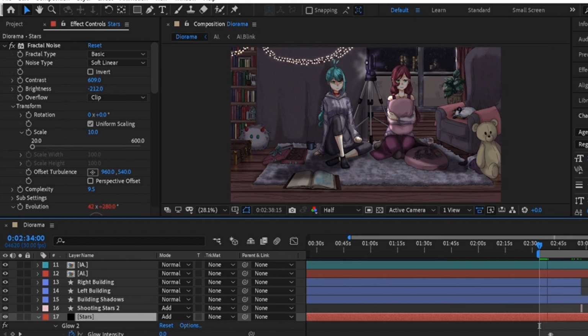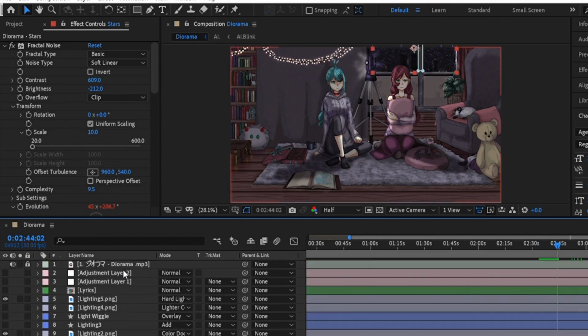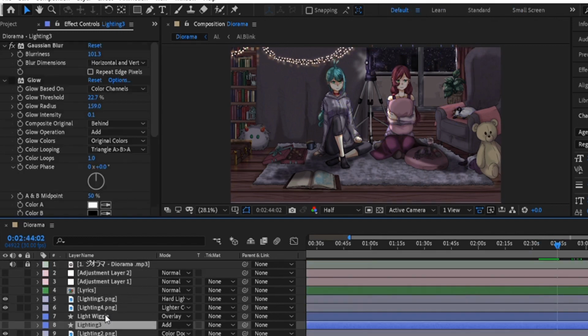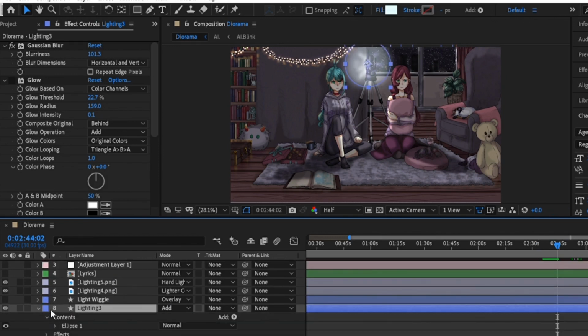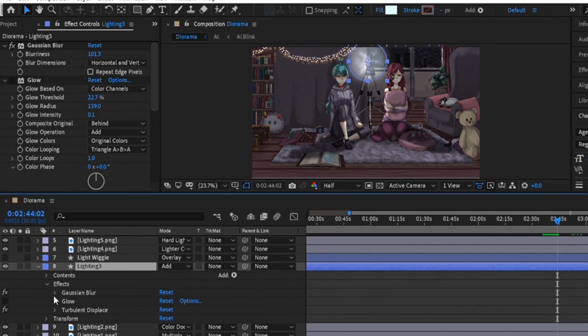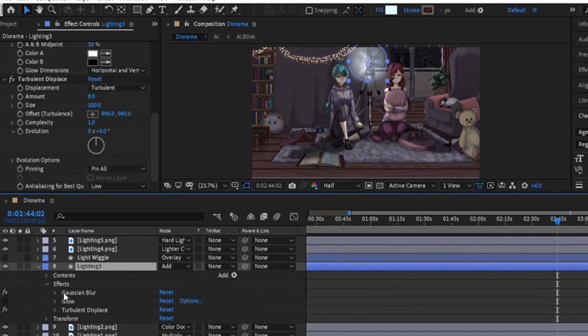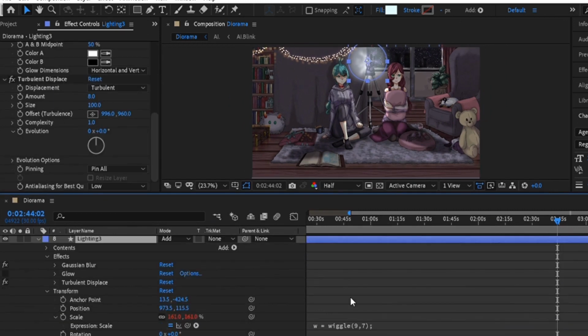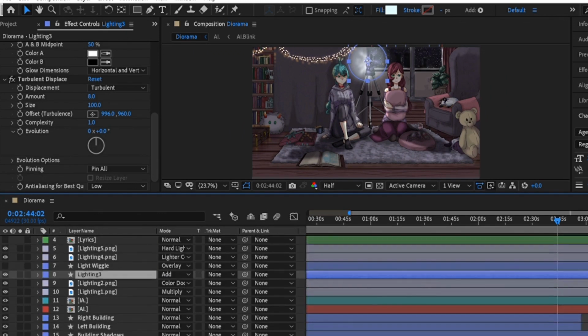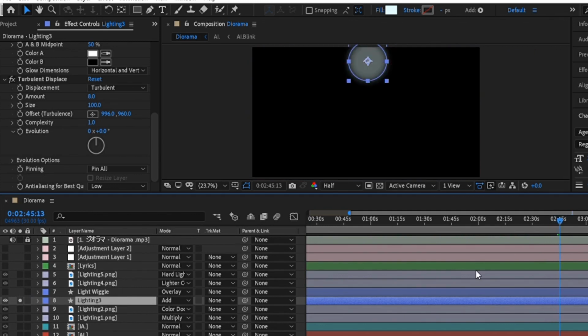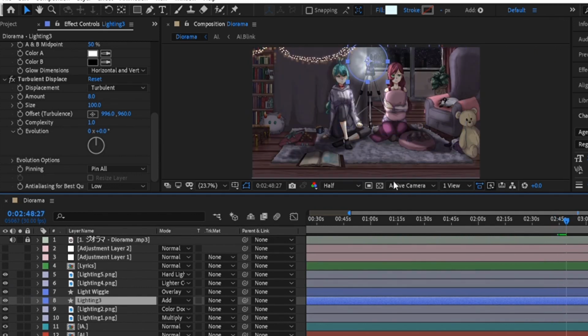Who knows? Once I was done with the outside, I came back to the inside to work on that projector. First thing was making a circle and blurring it to break the edges or soften them and make it resemble an actual light source. Then I used a very complex looking expression that is probably not even that complex, but I haven't started coding for animation just yet. So yeah, I used it to make the scale of the circle wiggle, or basically grow slightly bigger and smaller randomly. Then I gave it some glow again and set it to add as well.